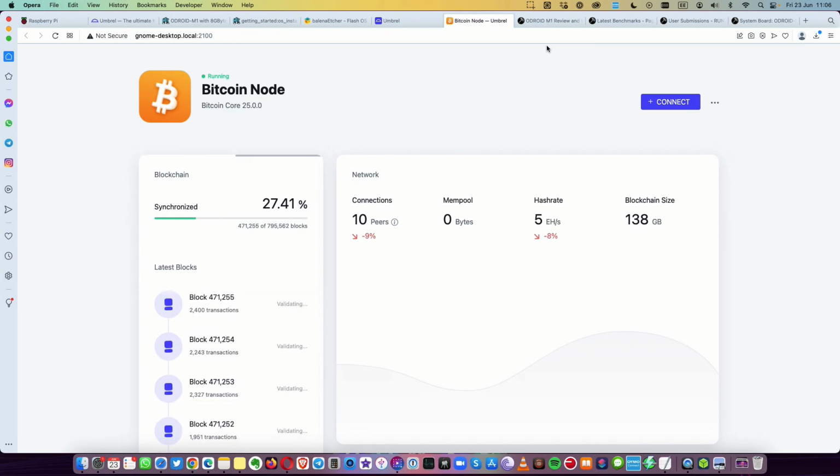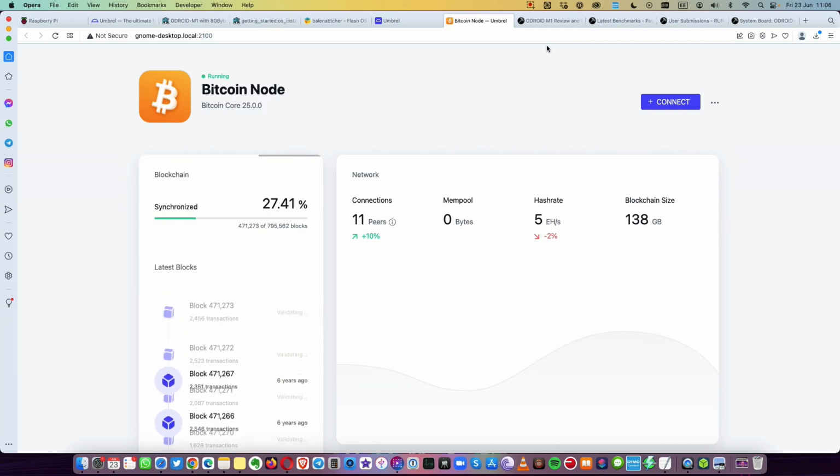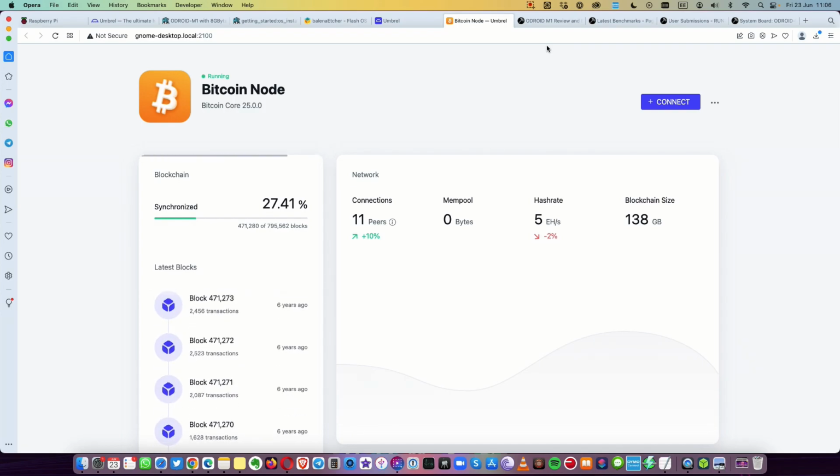Looking forward to seeing Nirvati Run Citadel coming out, to see how much faster it is than Umbrel OS. And if you want my personal opinion, I think